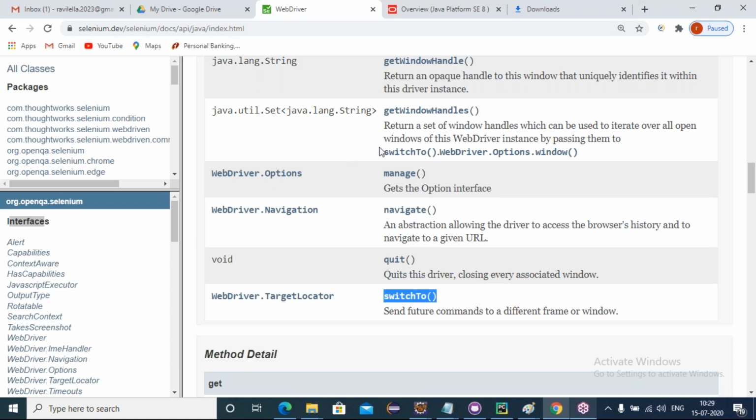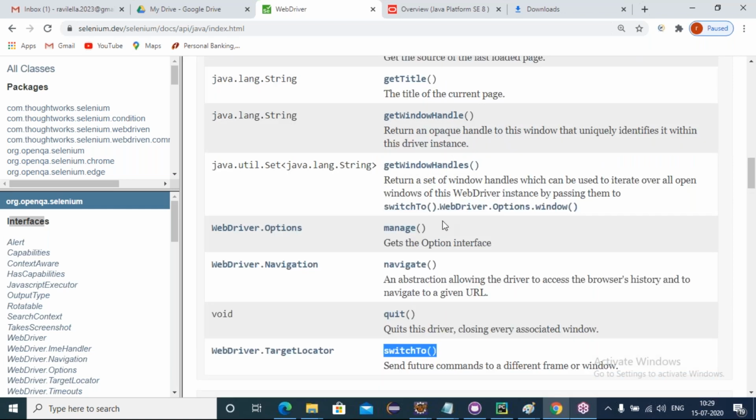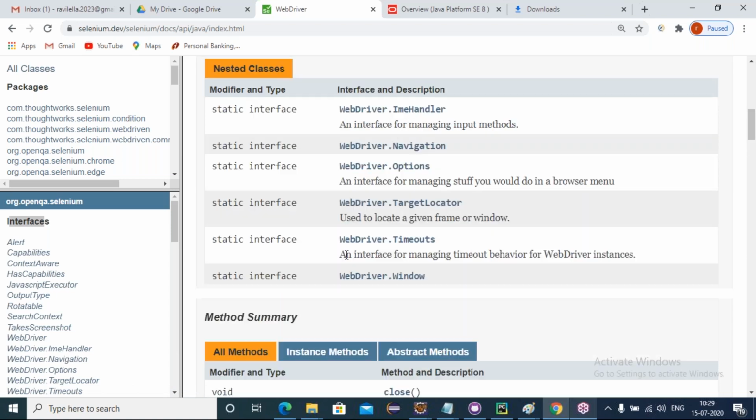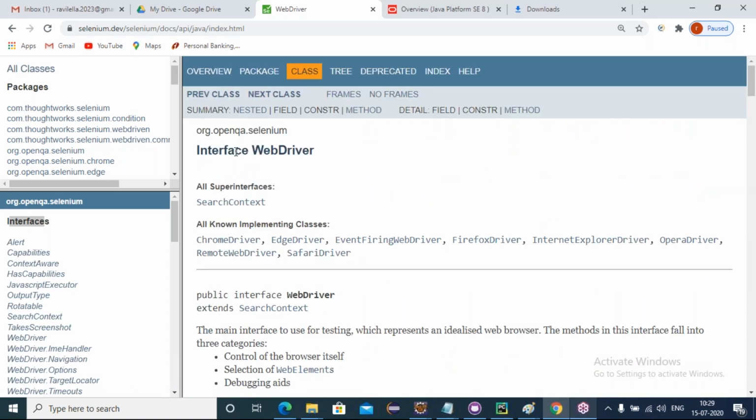Okay, now these methods have no body implementation. These are just abstract methods, only services. So these methods have to be implemented in some classes, or not? Yes, all these 13 abstract methods must be implemented in some classes. So yes, the Selenium community has already defined those 13 methods in the WebDriver interface implementing classes. What are the WebDriver implementing classes?